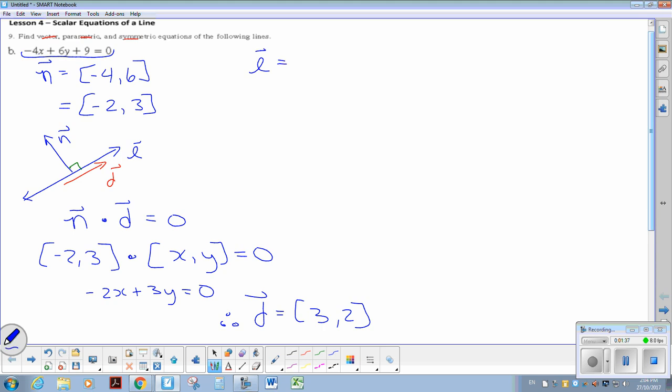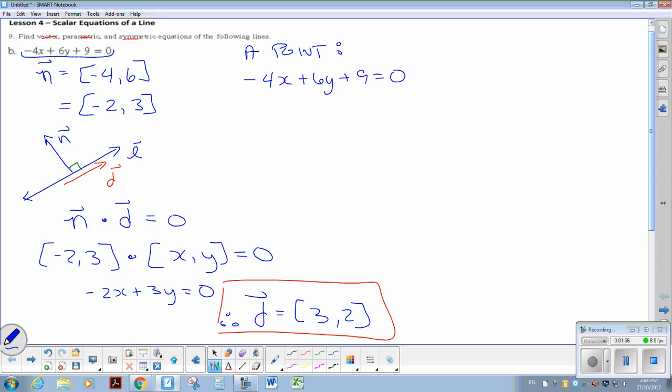Going into vector notation, I still have to find a point on the line actually. Sorry, I almost have all the information needed. I need a direction vector, but I need a point as well. To find a point, I'm going back to the original equation. So this is the equation of the line. I'm just going to say let